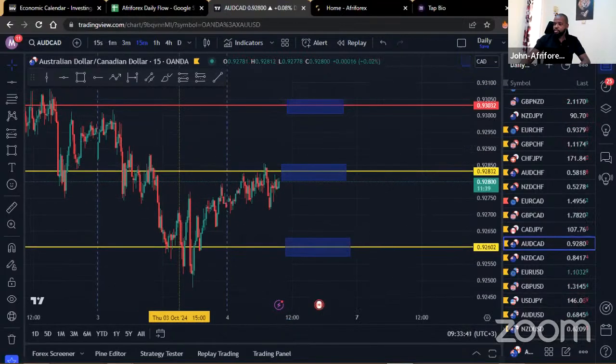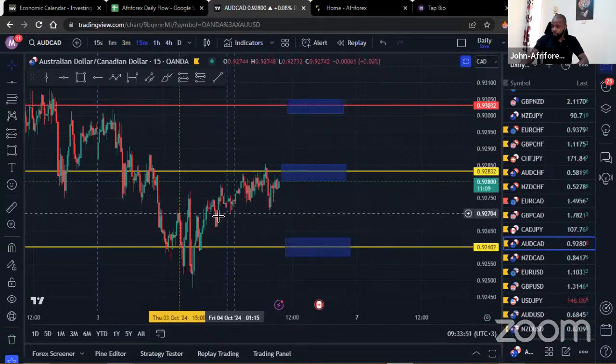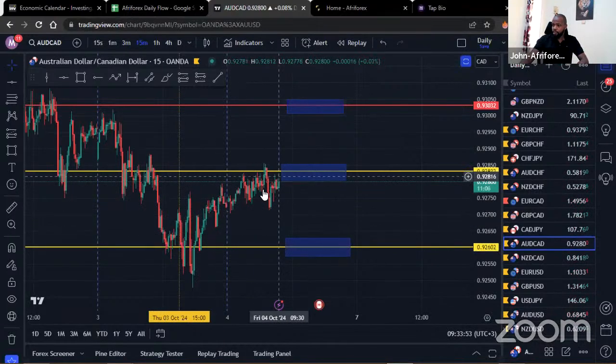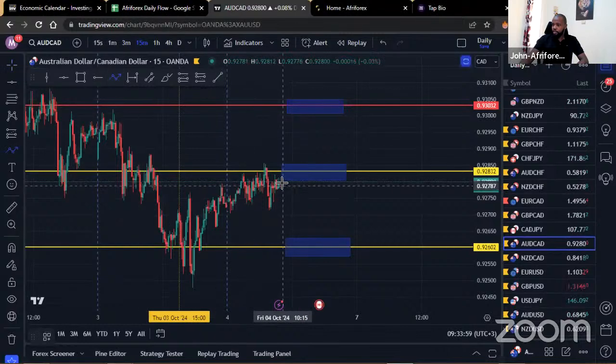So the next one, this is the Australian dollar against the Canadian dollar. So this is a new entrant on our watch list. We will be trying to see whether we can get some selling opportunities. Hopefully you can end up taking note of those 3 areas right there. So this one, the market has pulled back within this region. This is a pullback that you can read. You can see some sellers coming in, which is good. Buyers slowing down within here. But let's see what happens.